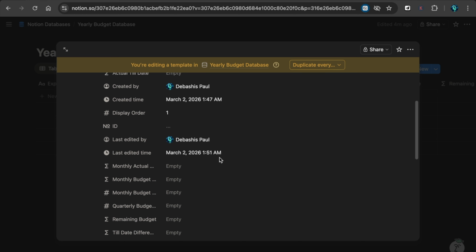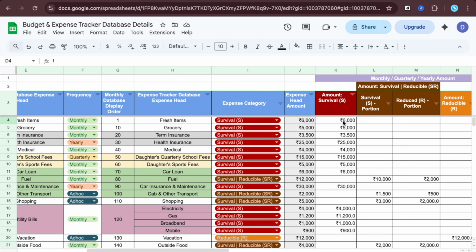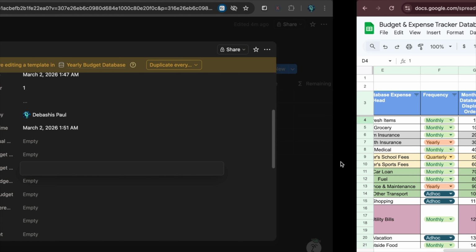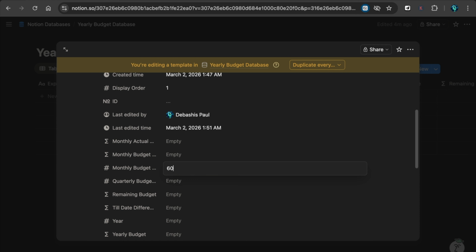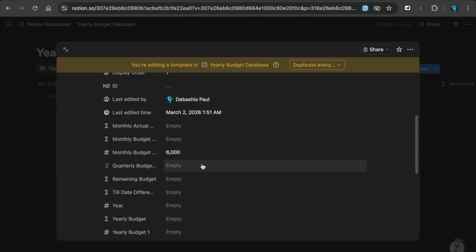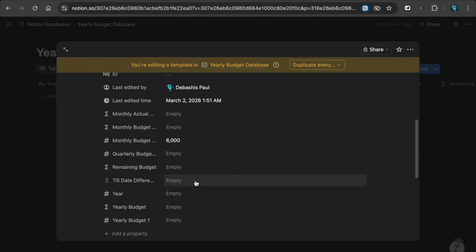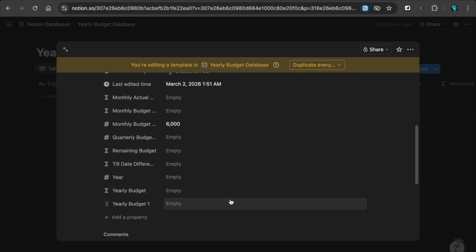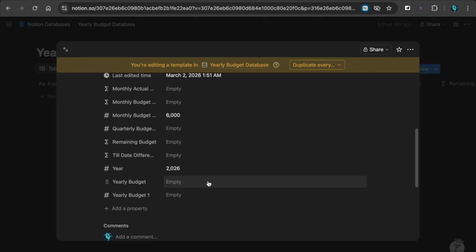Then these are auto populated. Monthly actual is a formula, monthly budget is a formula, monthly budget amount, this is 6,000, so we'll put 6,000 here. Quarterly budget is going to be empty, remaining budget is a formula, till date difference is again formula, year is current year 2026, yearly budget again not applicable, and yearly budget on okay, so this is a mistake that